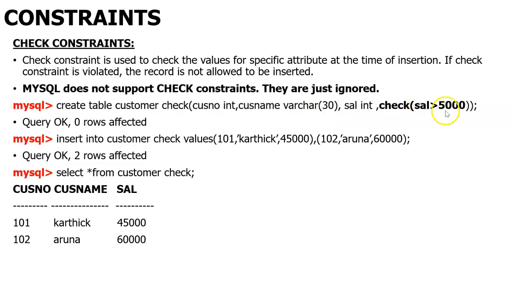So 45,000 is greater than 5,000. So it has passed and it will print it here. Next, 60,000 is also greater than 5,000, so that has also been inserted. So now this is how you